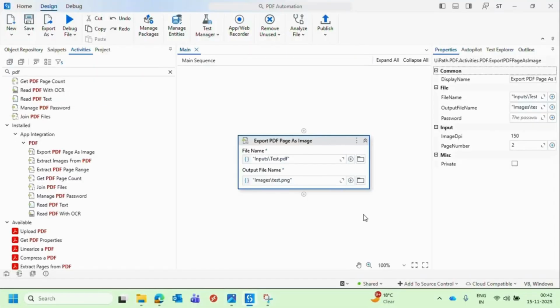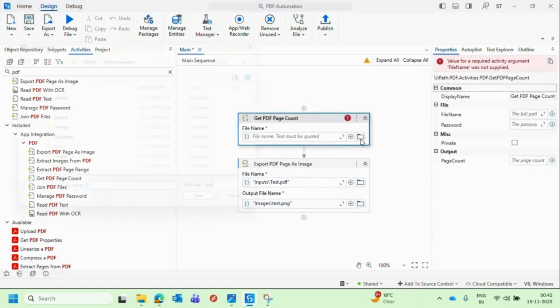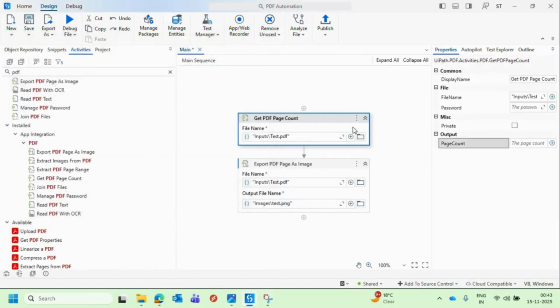Now let's see how we can save all the PDF pages available in the input PDF file as images. To do that, first we need to know how many pages are available in the input PDF file. For that I am going to take the Get PDF Page Count activity. So we need to select the input PDF file path. Then we need to mention the variable,